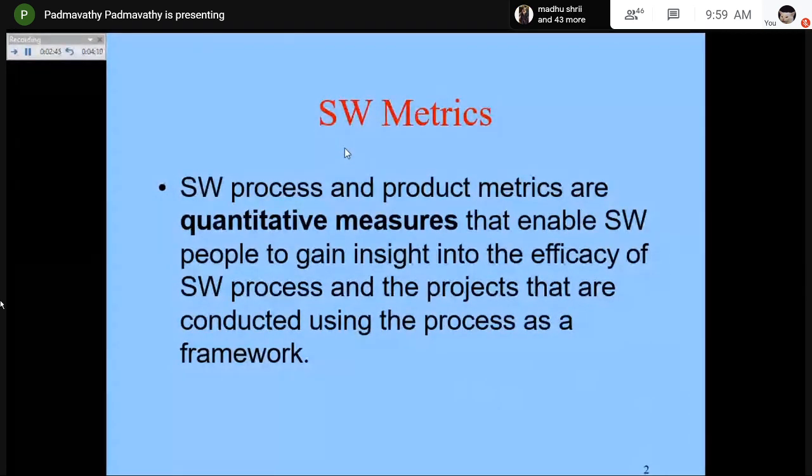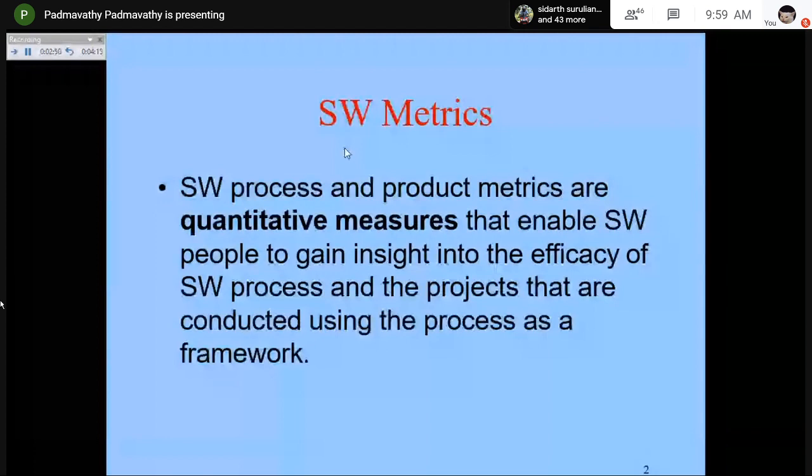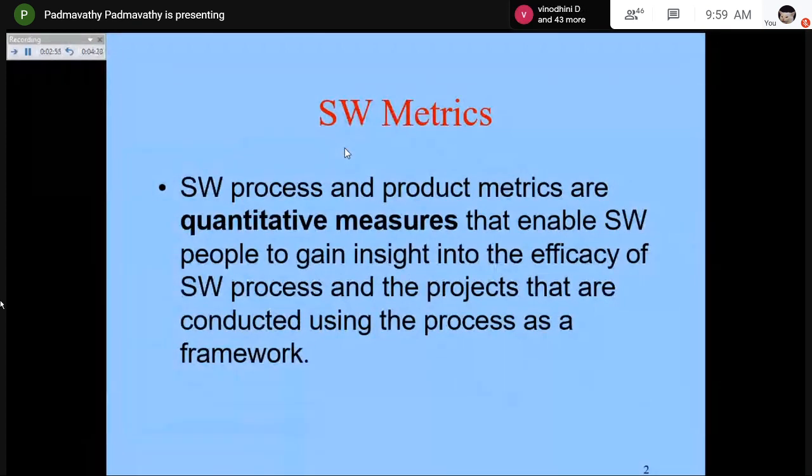So software process, we have already learned the 4 basic software processes. Then the software model is adopted by the project, right? So adopting the software model, how the project is proceeding. So validating this project, you have a separate metric. And once the project is over, you have the product result which is handed over to the user. So how is this product evaluated? For that you have separate metrics.